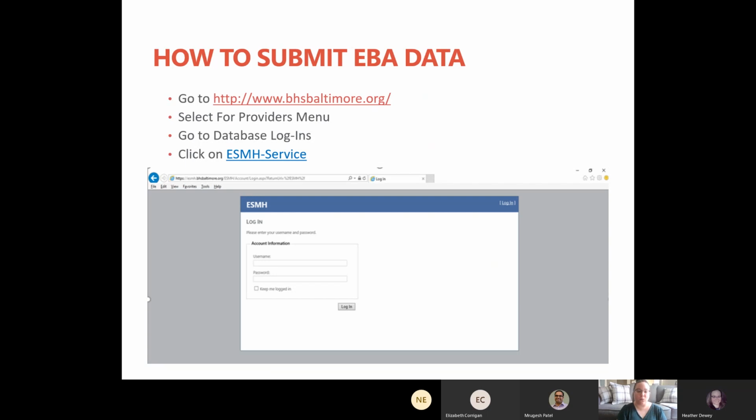One quick tip as well is you want to make sure that when you're completing this assessment that you are completing it on paper or saving the copy for your records. That may look a little different with the digital era that we're currently in, so you may complete a digital copy that you save for their clinical record as well. And that is the tool that you are going to use to enter the data into our EBA database. I'm going to pass this over to Magresh Patel to tell you a little bit more about that.